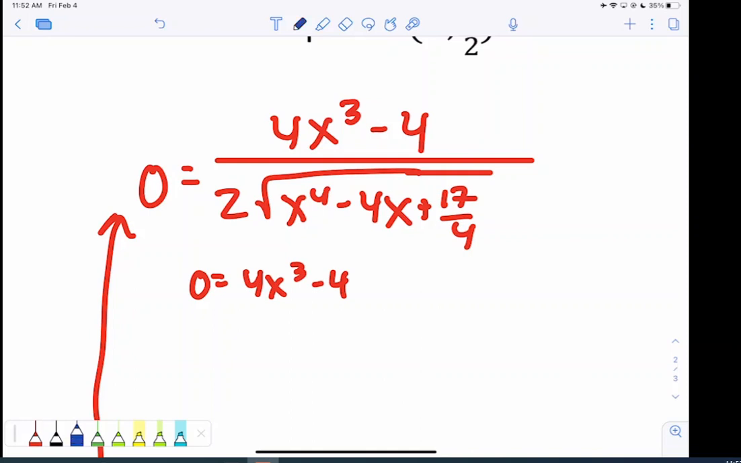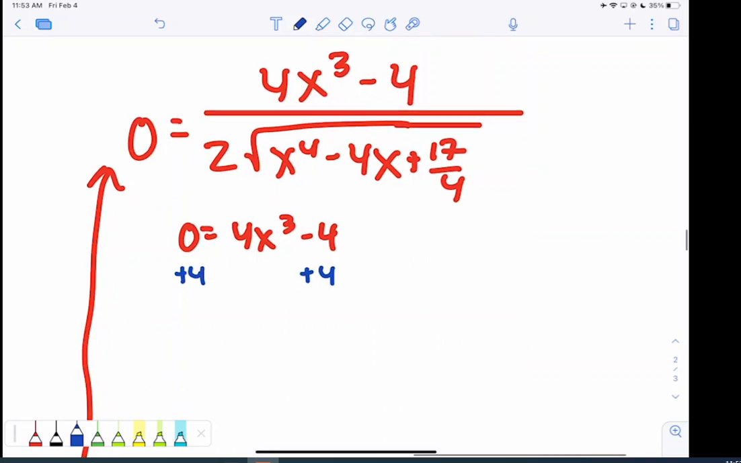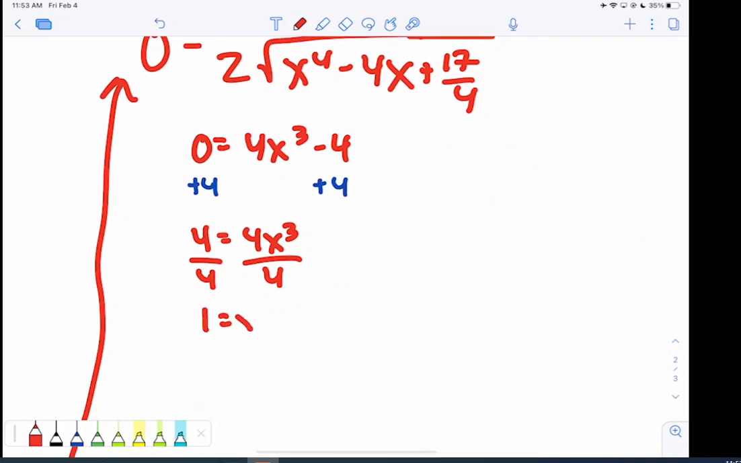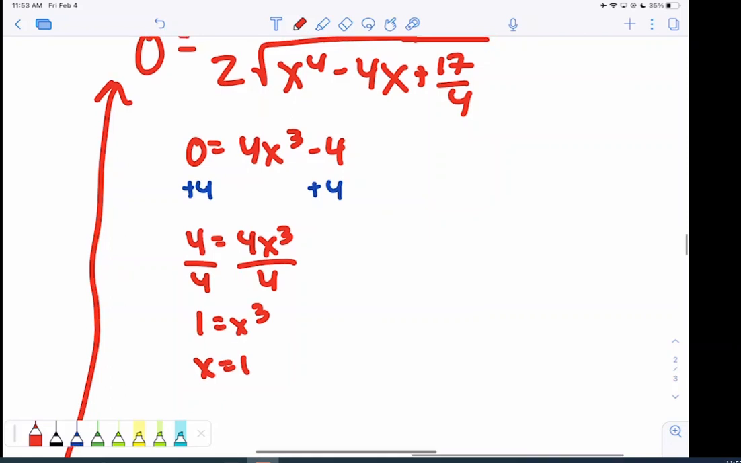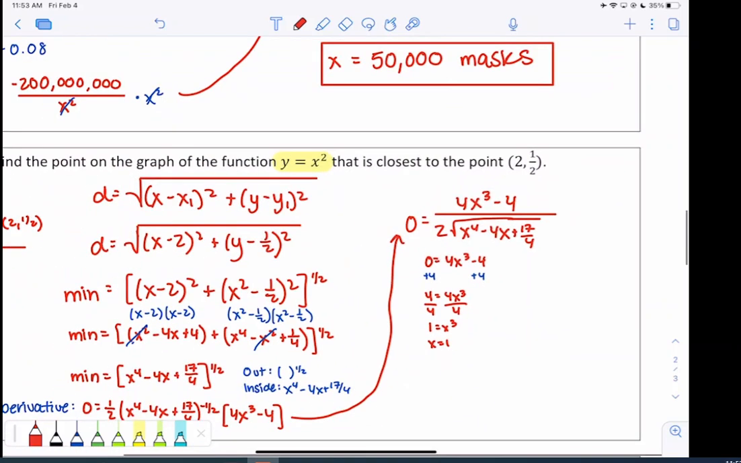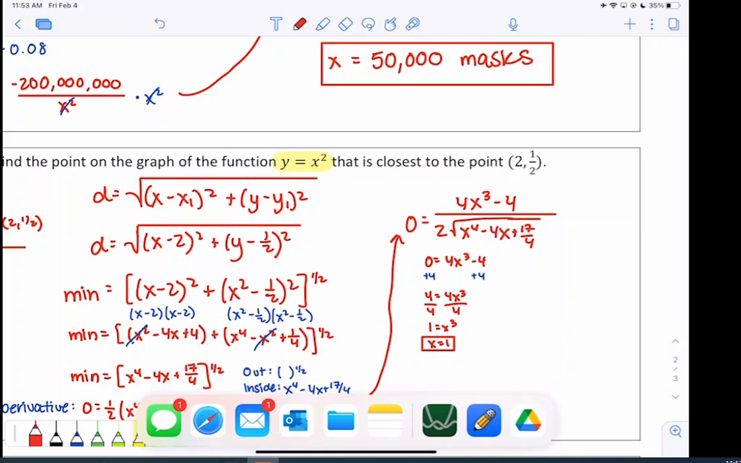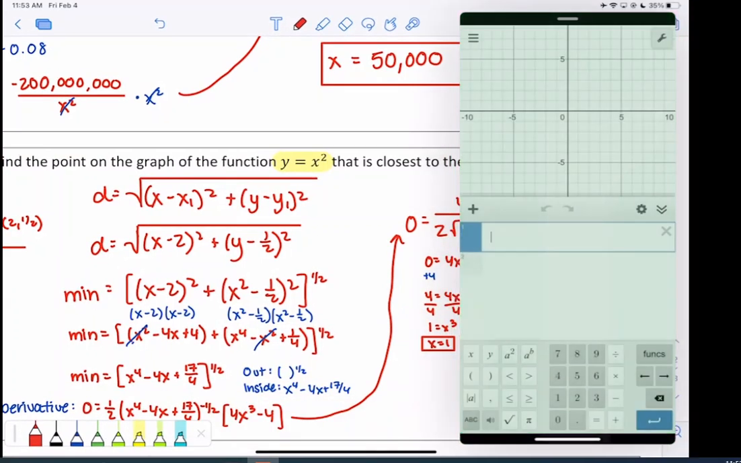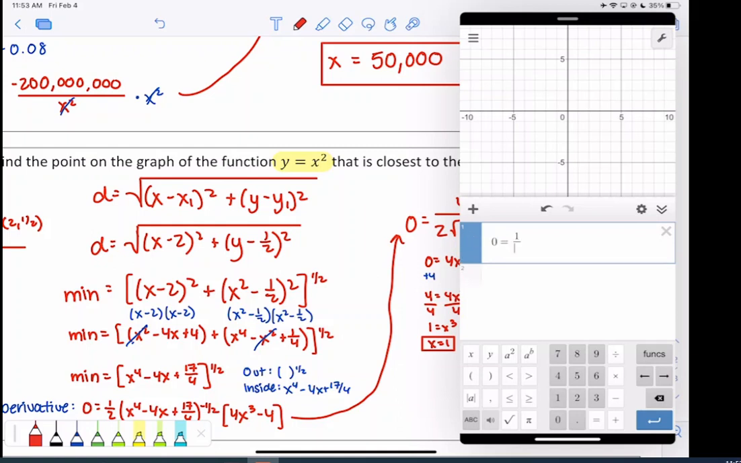And then I add 4 plus 4. 4 equals 4x to the third divided by 4. 1 equals x to the third, so x equals 1. I don't have any units here. So you can either rearrange, think about your pre-calc skills, or I want to show you, Desmos is the best thing. If you just type this whole equation, 0 equals 1/2, and you can do this on your graphing calculator as well, x to the fourth